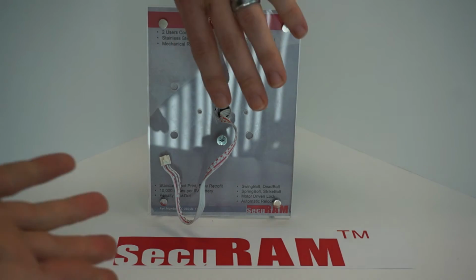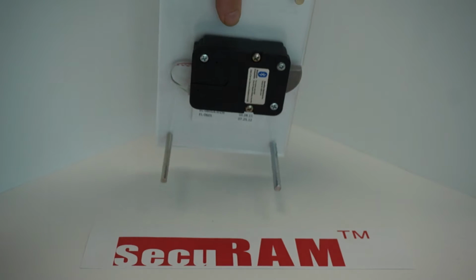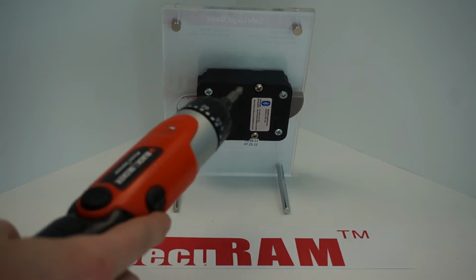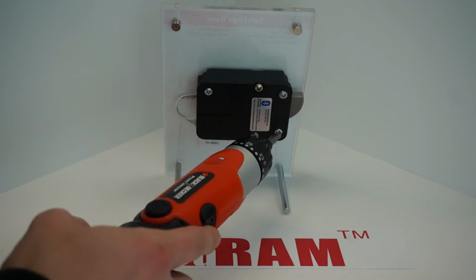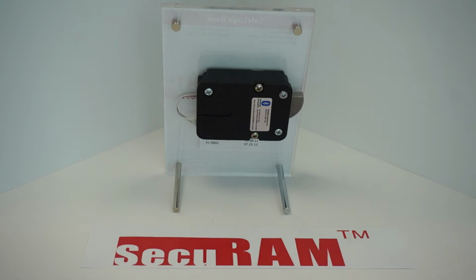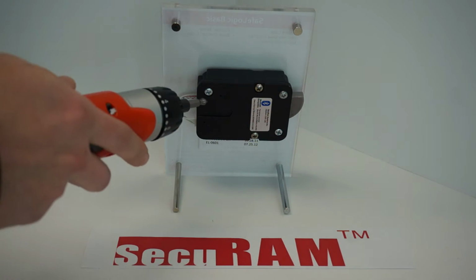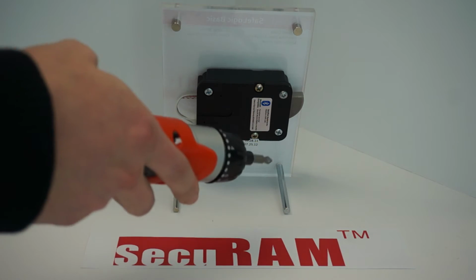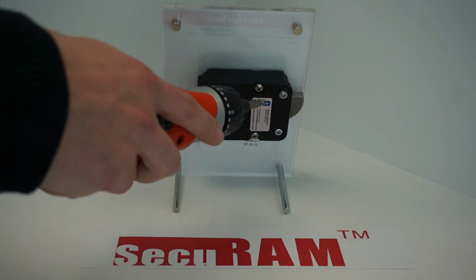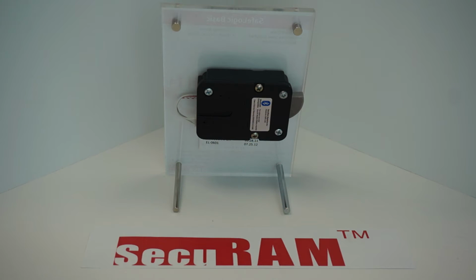And then if we were to go behind the safe door, we have our lock. And our lock has really 5 screws. And these 5 screws are used to mount it to the safe. These 3 are to mount it to the safe itself. And then these 2 screws are for the relocker plate, typically. Sometimes you see that where the relocker plate is used on different screws, it's highly dependent upon the safe and the safe manufacturer. But in this case, most safe manufacturers do use these screws for the relocker plate or